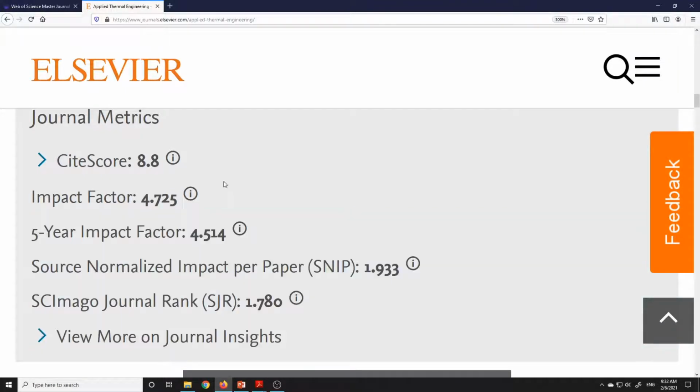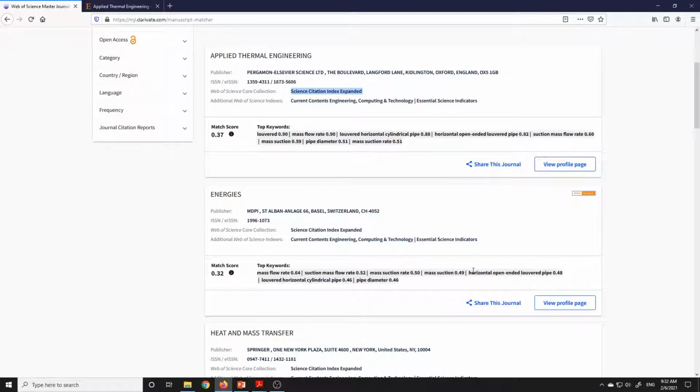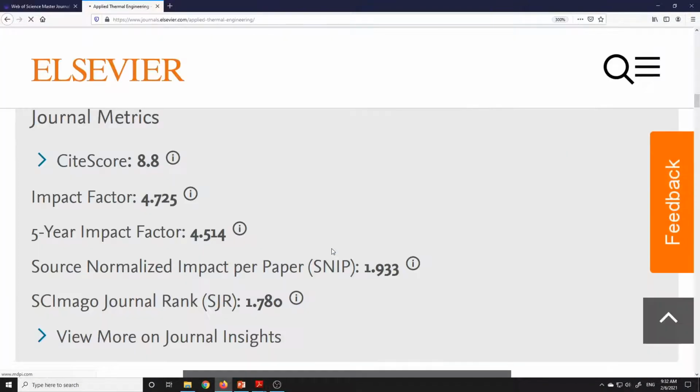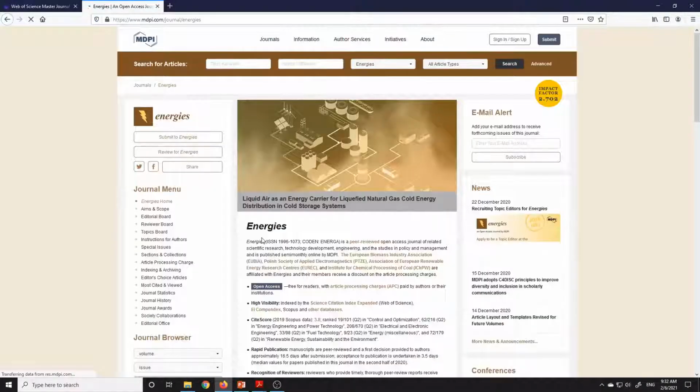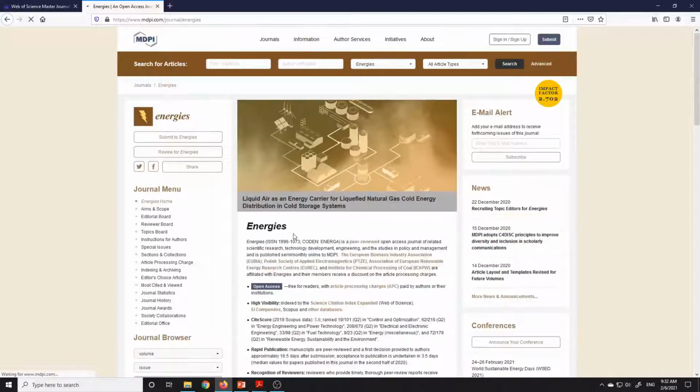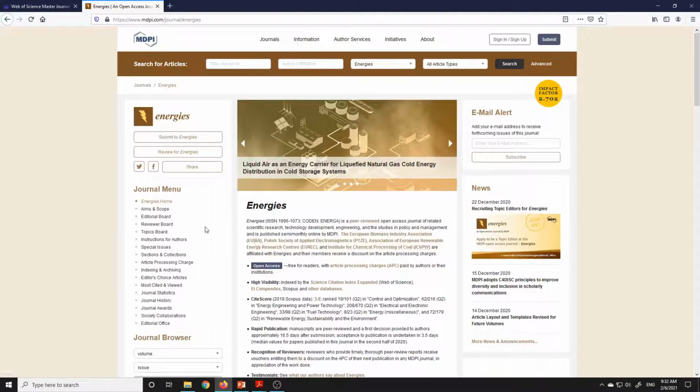Some papers also go up to around 8, 9. I think this Energy paper has around 7, 8. Wait a second, this is a different energy.